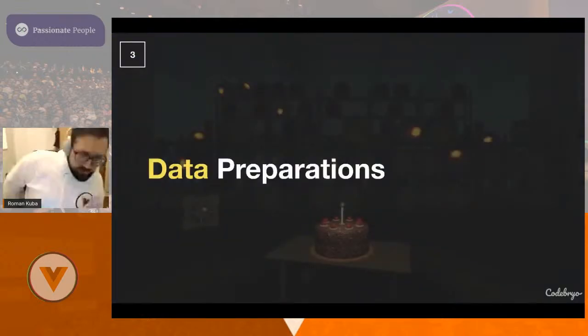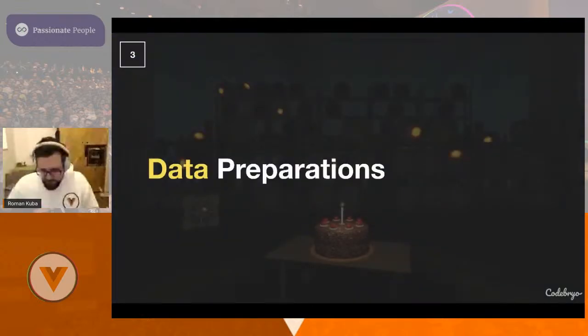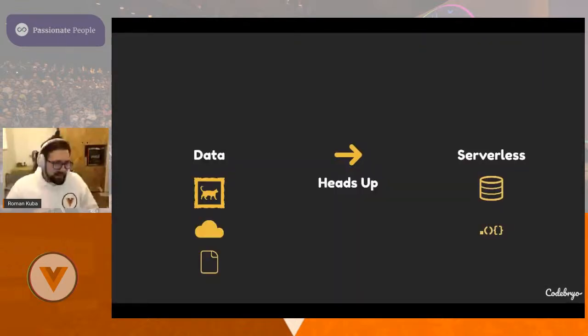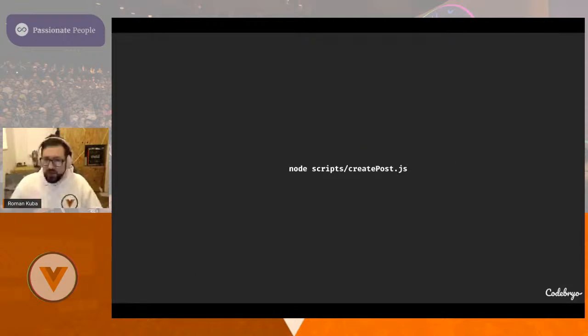Good. Last one is data preparation, which is important. So yeah, let's look at the data. And again, we said there was this part where our data needs to communicate with our backend. And we need to give it a heads up. If we create anything locally and we upload a new version of the site or whatever, our server needs to know about this in advance, right? Otherwise, a query for something that's not there might cause weird errors for our customers.